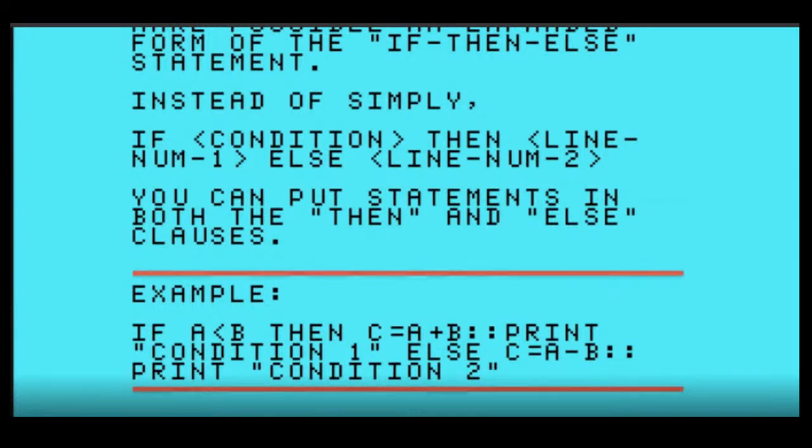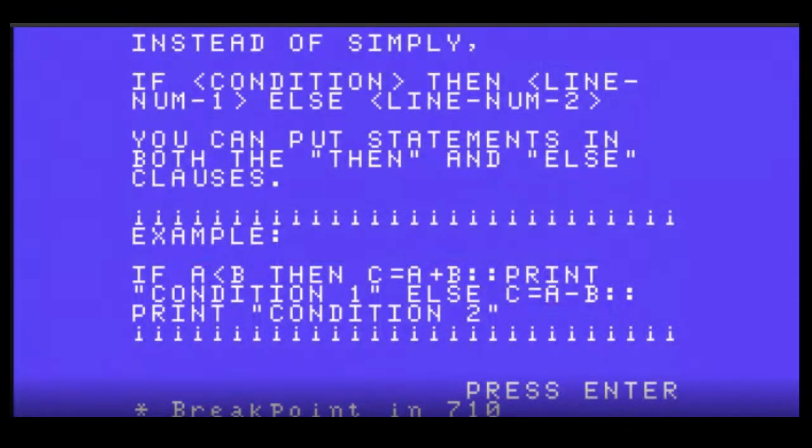extended basic. We're going to quit this. Whoops, Butterfingers here.